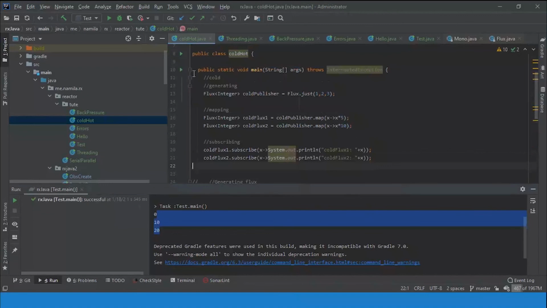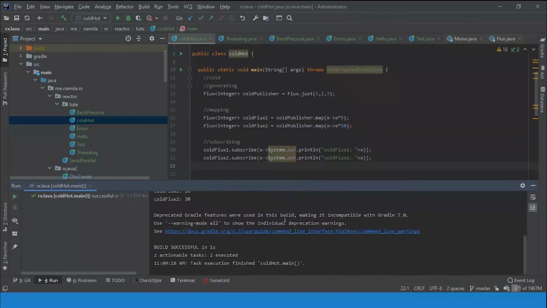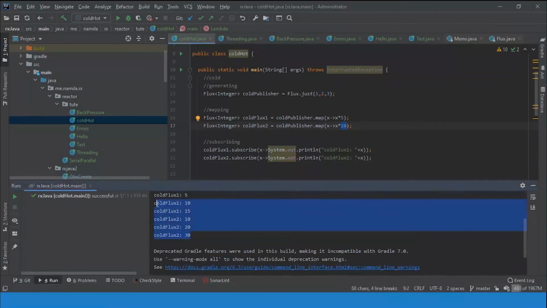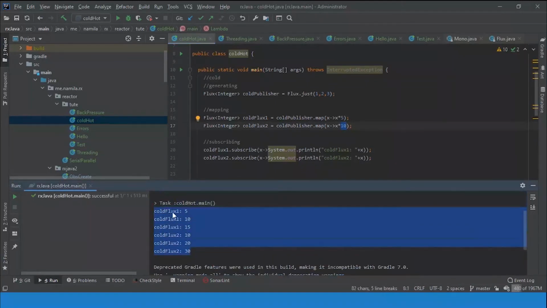I will show some code. It's like the normal one. Here we can see ColdFlux 1 emitted from this one, mapping x into 5 and printing. And then we subscribe to the second one, ColdFlux 2, and it will map item x into 10 and print. So in cold publishers, we receive all the data from the source.